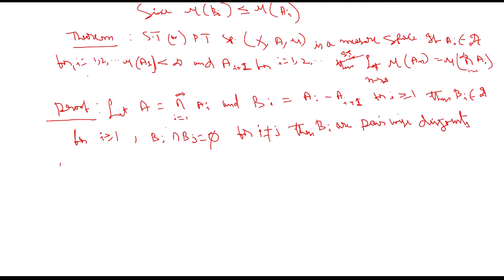and the union i equal to 1 to infinity of Bi equals A1 minus A. Right? Verified. So therefore, by definition we have